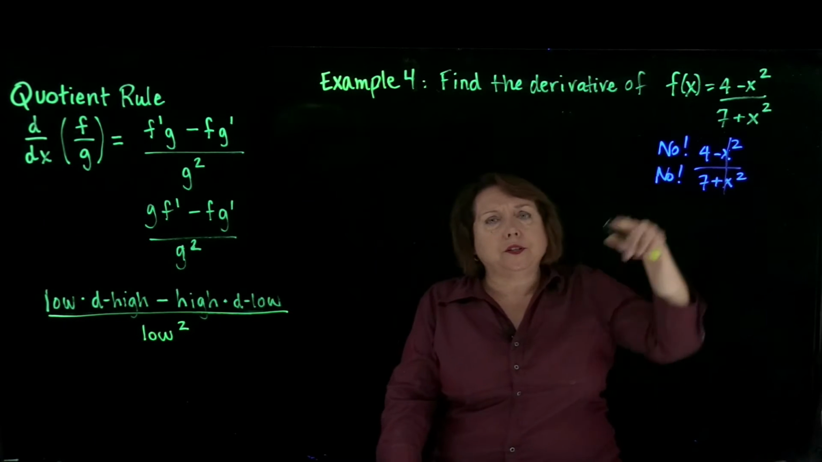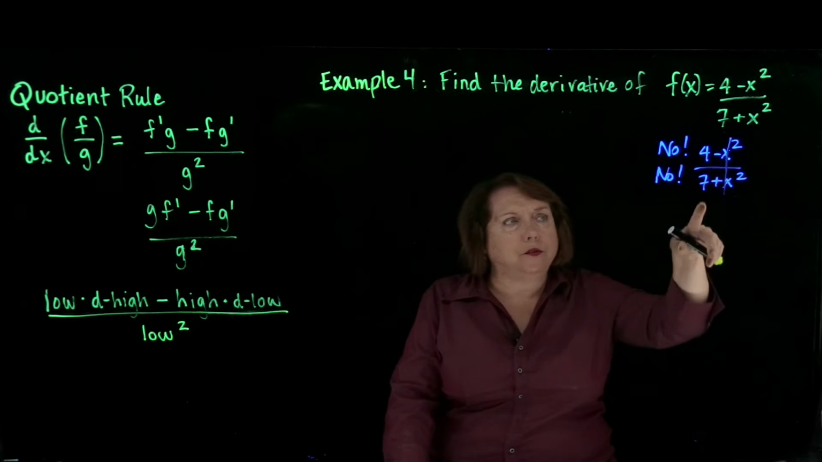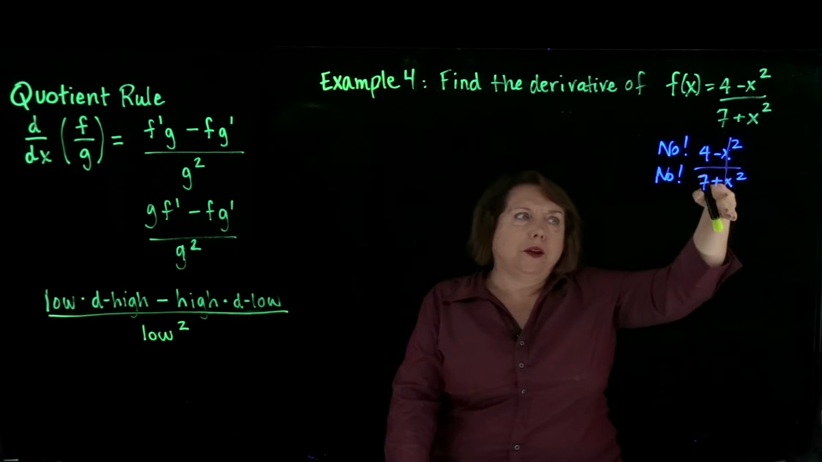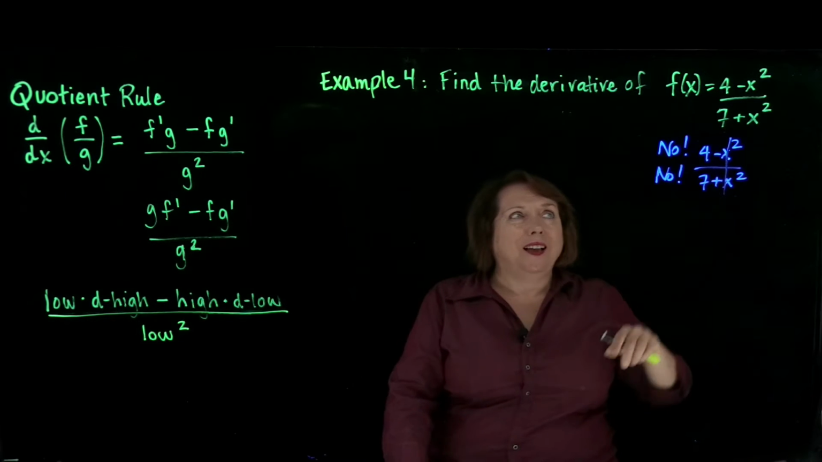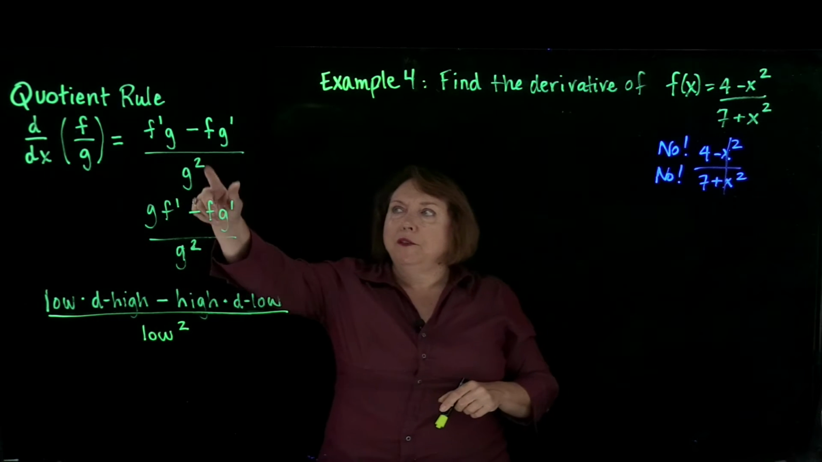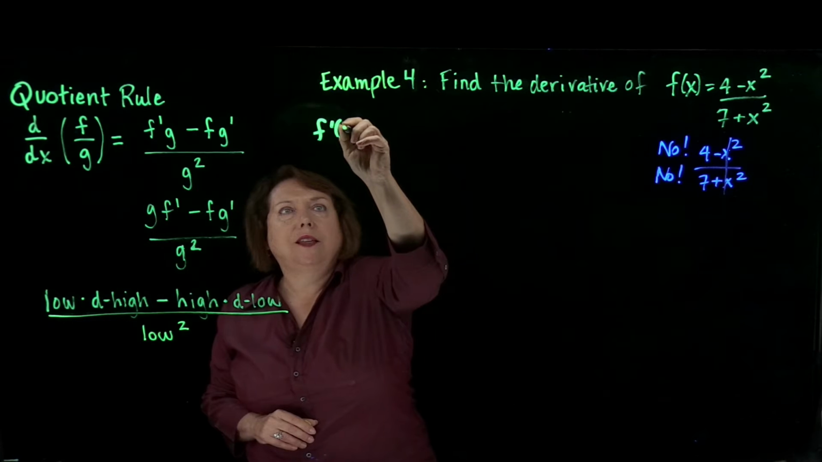Notice that the 4 does not have any x factors associated with it. Neither does the 7. Therefore, we cannot remove these x squared. We're stuck with them. Let's go ahead and take the derivative using our quotient rule. So f prime of x then will be,